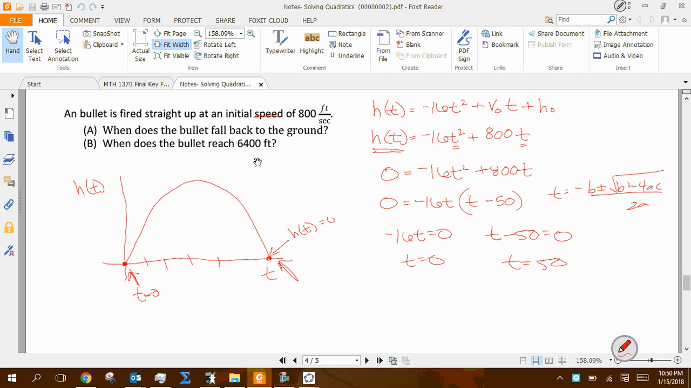Now it says, when does the bullet reach 6,400 feet? Well, instead of this being zero, instead of that being zero, we'll put 6,400. Okay, so